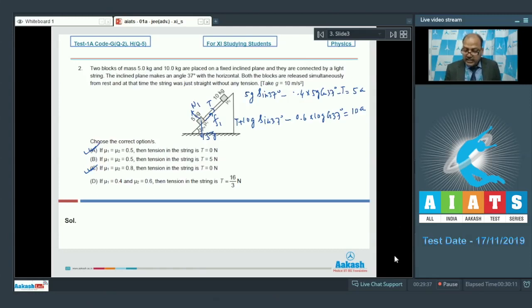To find tension, we divide the second equation by the first equation. So on the right hand side we get 2, and on the left hand side we get T plus 10G sin 37 degrees. How much is that? This is 0.6, this is 6G, minus this is 0.8, so this is 4.8G,